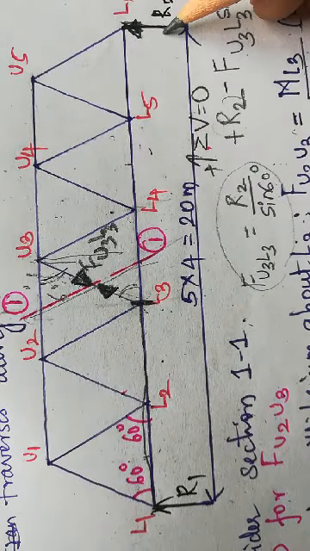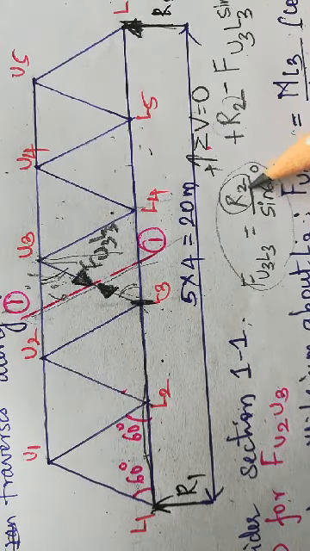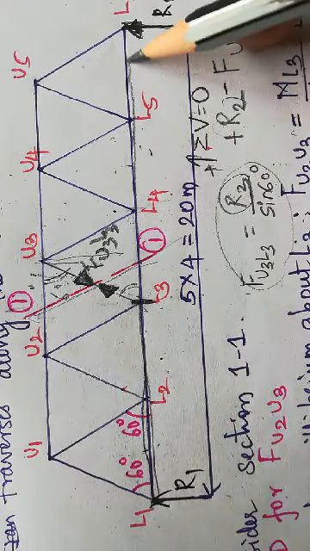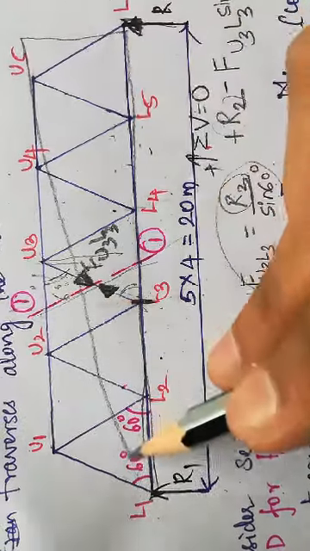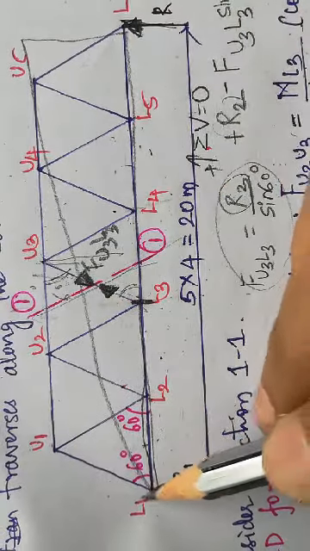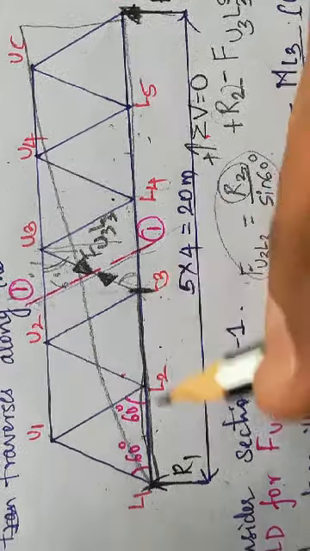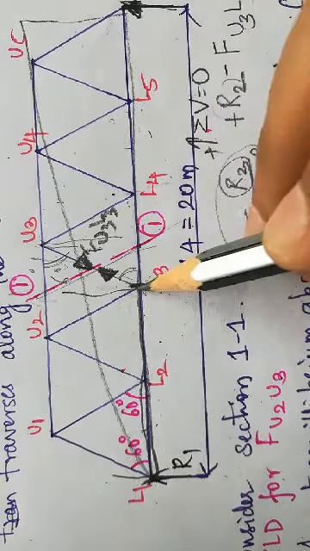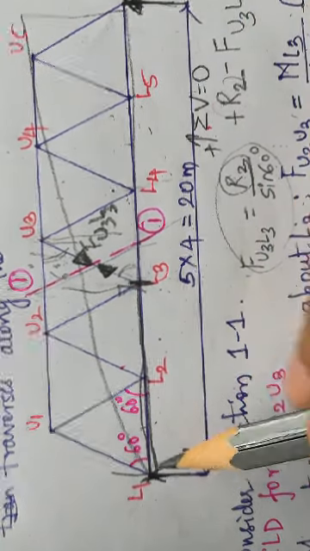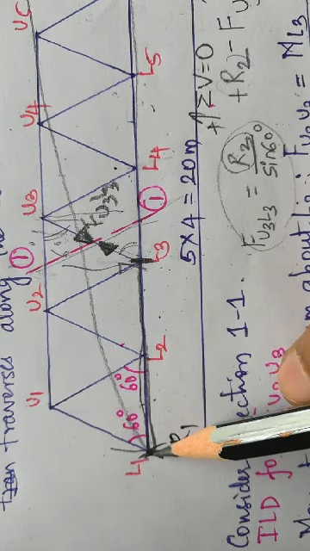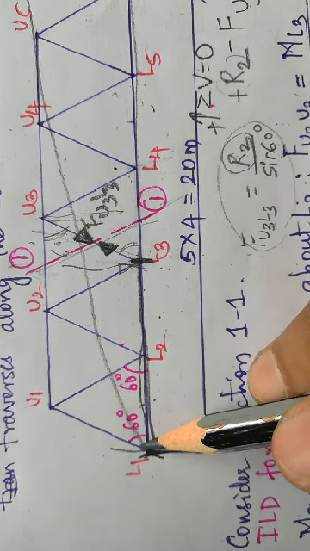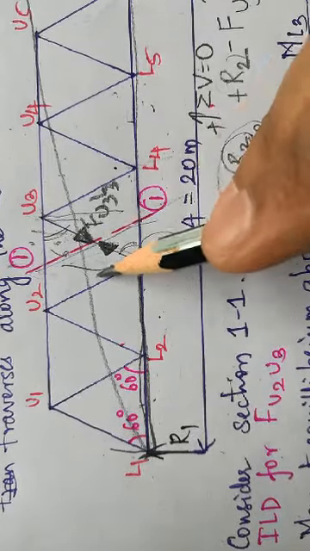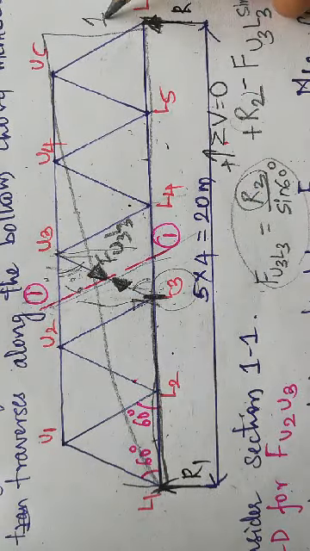Now when you have R2, let us draw the influence line diagram for R2. So when I draw the influence line diagram for R2, this will be the influence line diagram for R2, and my load is in between L1 and L3. So once I should consider when the load is on L1, once I have to consider when the load is on L3. If I consider when the load is on L1, what will I get? What will be the ordinate at L1? It is 0. Next, when the load is at L3, what will I get as the ordinate? Here will be my maximum ordinate.